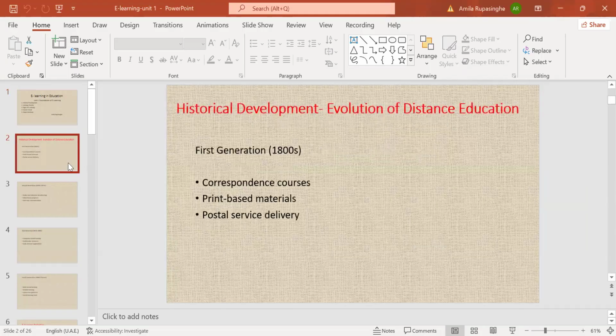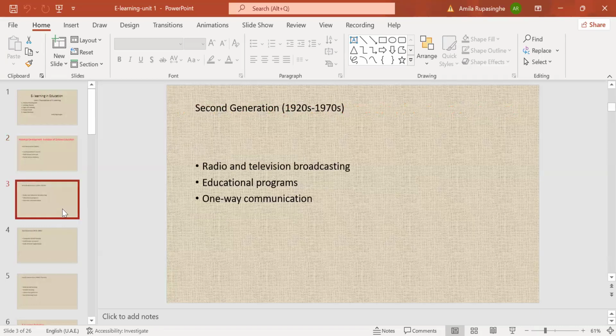So, under historical development, we went through different generations, how distance education, not e-learning actually, distance education evolved. Because through distance education, this e-learning concept came gradually, right? In the first generation, it was postal service delivery with printed materials from distant locations. Then in the second generation we had television and radio broadcasting systems.